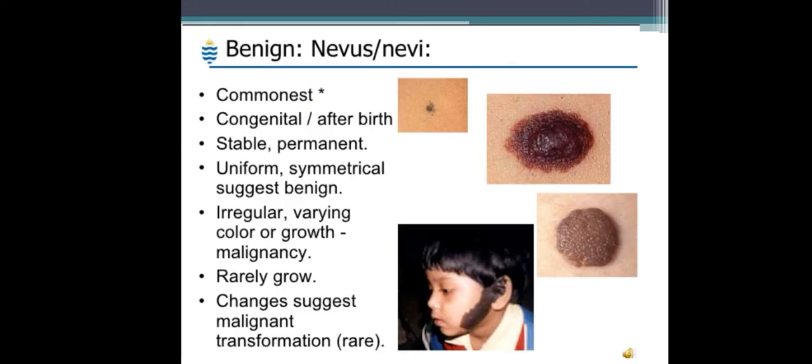Okay, so we'll move on to the benign tumors of skin. There are a lot of benign tumors of skin, but as per your syllabus, you need to know only the benign tumor of melanocyte. There are a lot of other benign tumors of epidermal appendages, of the dermal appendages. All those things, there are a lot of named benign tumors, but for your undergraduate level, you have to learn only the benign tumor of melanocyte. So that is known as nevus.